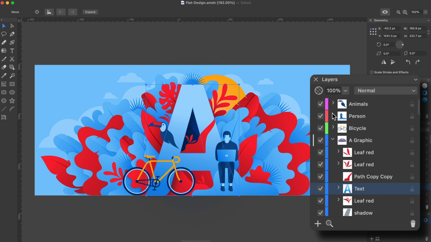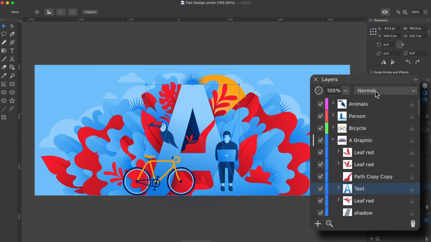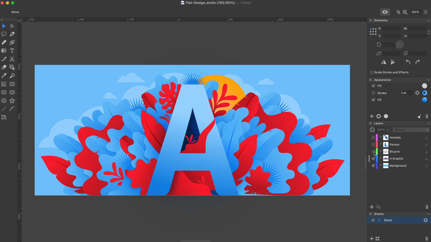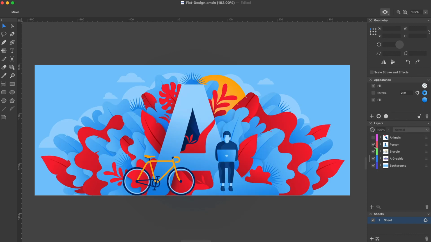At the top of the panel are the opacity and blend mode settings. They can be applied to layers as well as to individual objects. We're leaving these features for now since they're beyond the scope of this tutorial. The Layers panel seems unnecessary if you don't use layers at all, but it still remains a valuable tool for hiding and locking objects. It can also show you the tree of objects, groups, or nested groups.